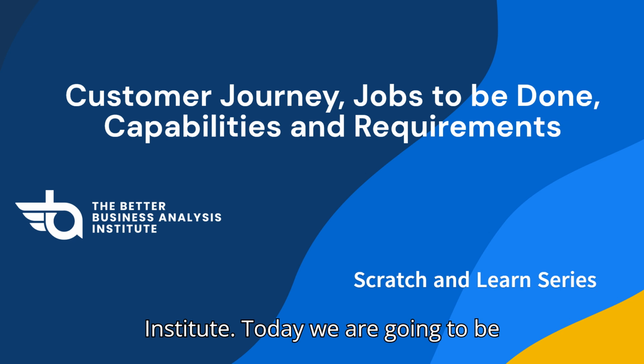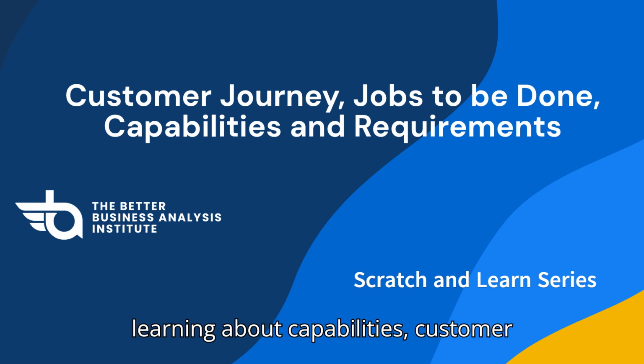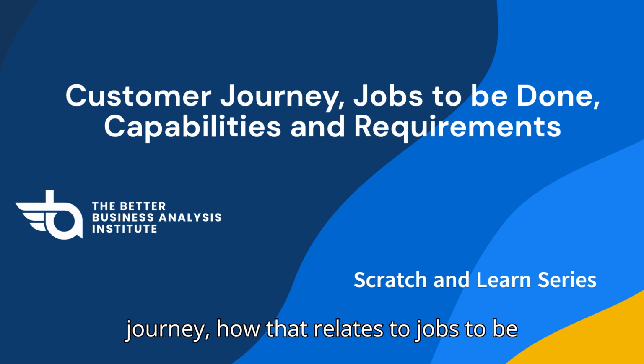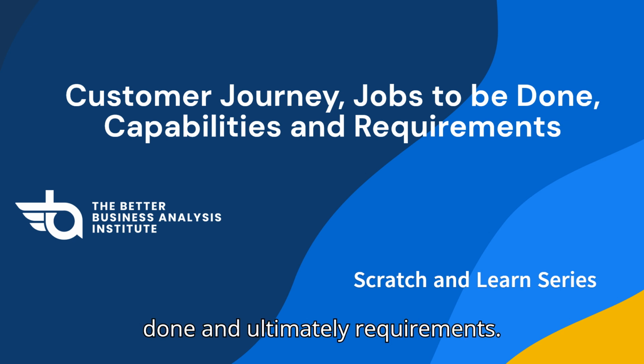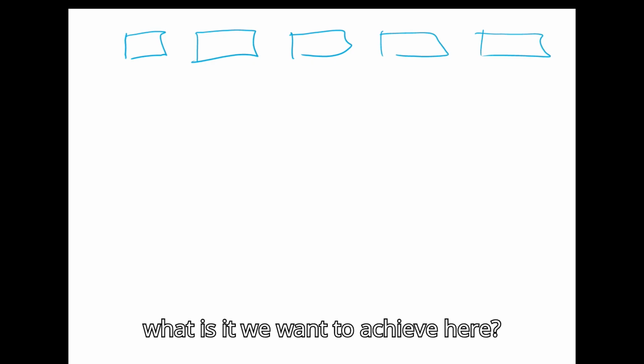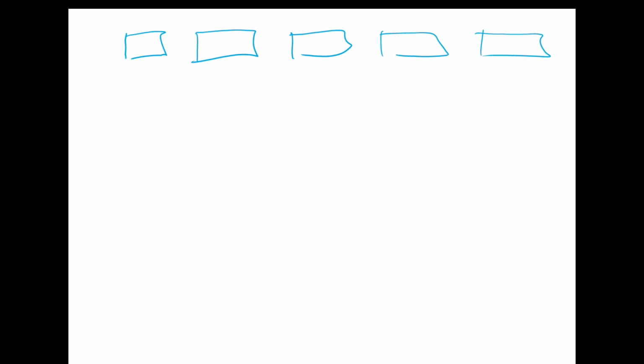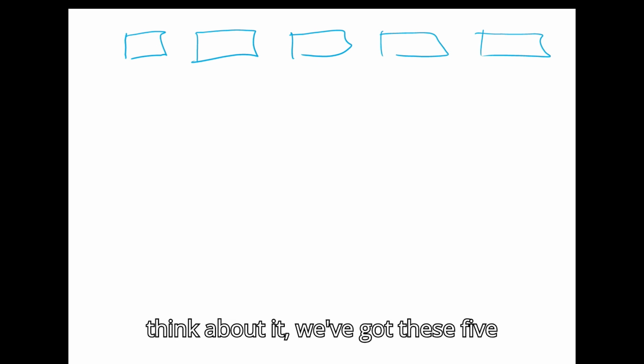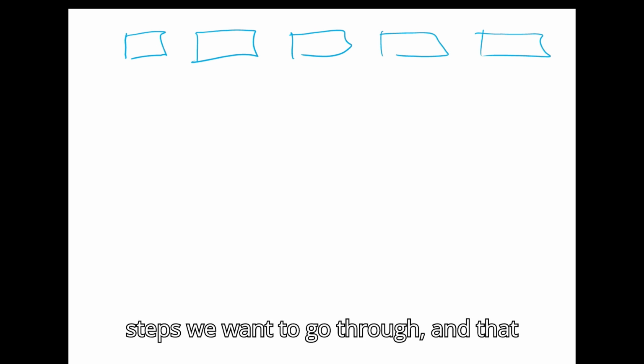Today, we are going to be learning about capabilities, customer journey, how that relates to jobs to be done, and ultimately requirements. So, what is it we want to achieve here? I guess when we think about it, we've got these 5 steps we want to go through, and that might be